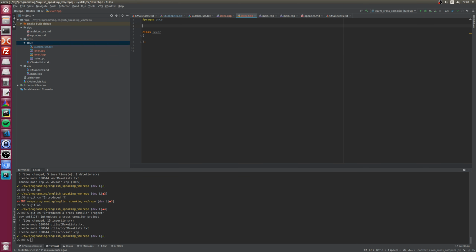Of course, some namespace, English speaking virtual machine. And now, so the first thing I'm going to create is a Lexer that will translate the raw string of assembly source code into the tokens. Yep. So yeah, let's say we're going to return a vector of tokens.